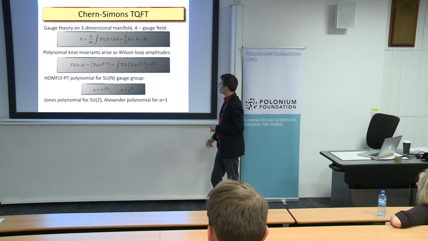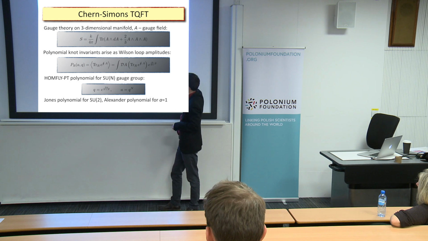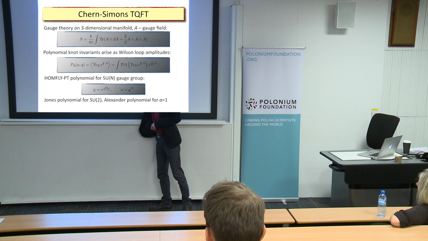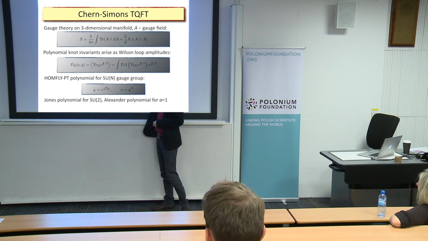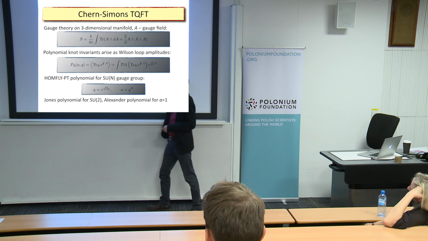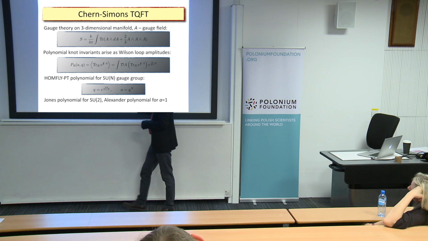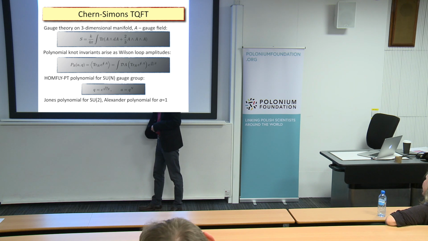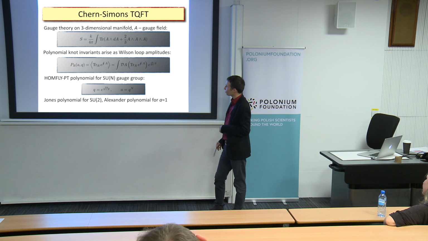If you look carefully, this integral depends on this symbol k here. This is the so-called coupling constant, which appears here in this symbol q I had before. And this n appears in the SU(N) gauge group. So essentially there are two parameters, k and n, and those two arguments of the HOMFLY-PT polynomial, which are commonly known as a and q, can be expressed in terms of k and n. So this is how you can get these standard knot polynomials from quantum field theory and quantum physics.